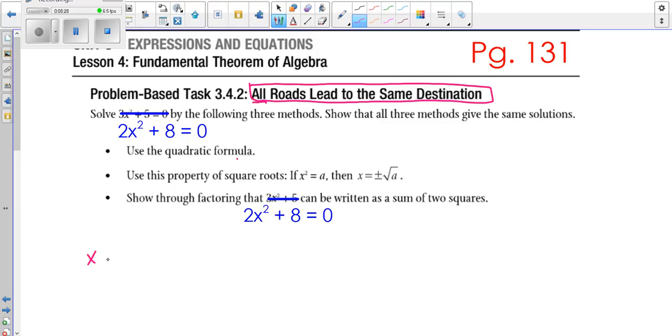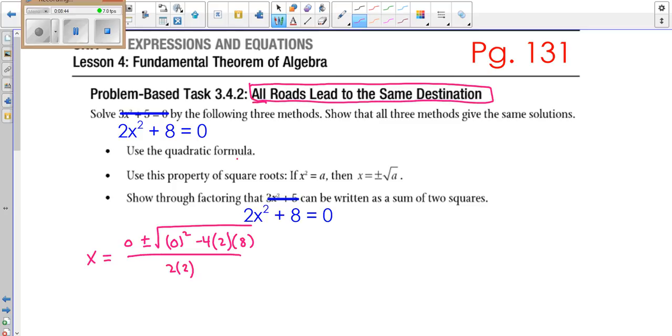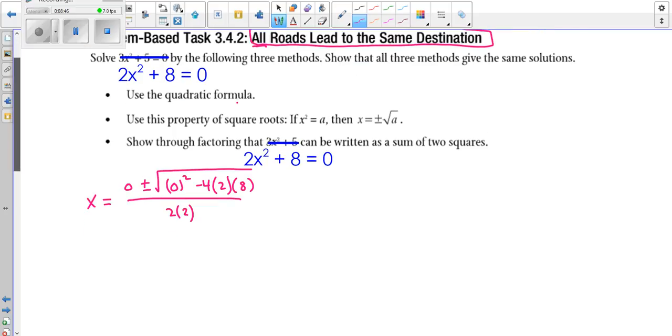Alright, so using the quadratic formula, you should get x equals the opposite of b. There is no b, so 0, plus or minus the square root of b squared minus 4 times a times c, all over 2a. Okay, so you should get 0 plus or minus the square root of negative 64, all over 4, which simplifies to